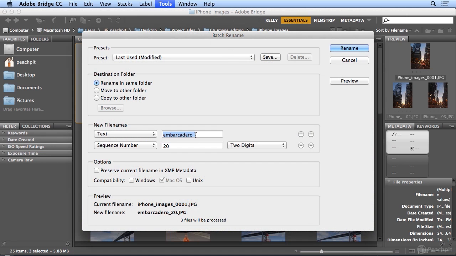And this is Sunset Embarcadero. I could move it or copy it to another folder, but I'm going to do that myself in Bridge. So for now, I'm just renaming all in the same folder. And there are 3 files being processed. I will start at sequence number of 1. It always remembers the last number of images you renamed, so I must have renamed 19 because it was starting